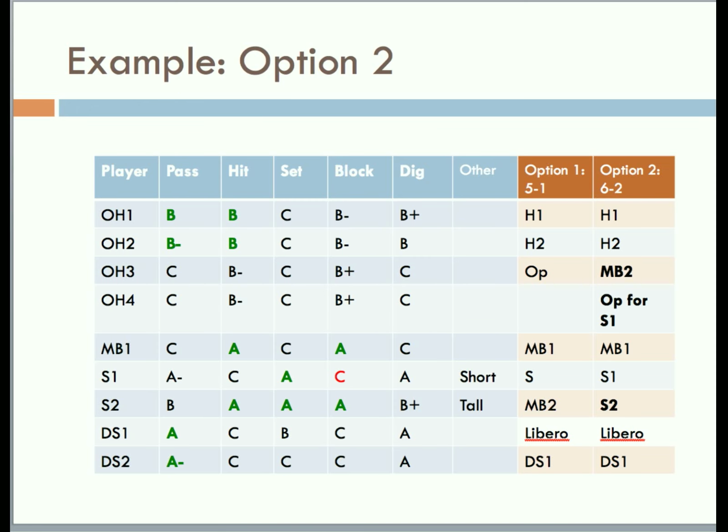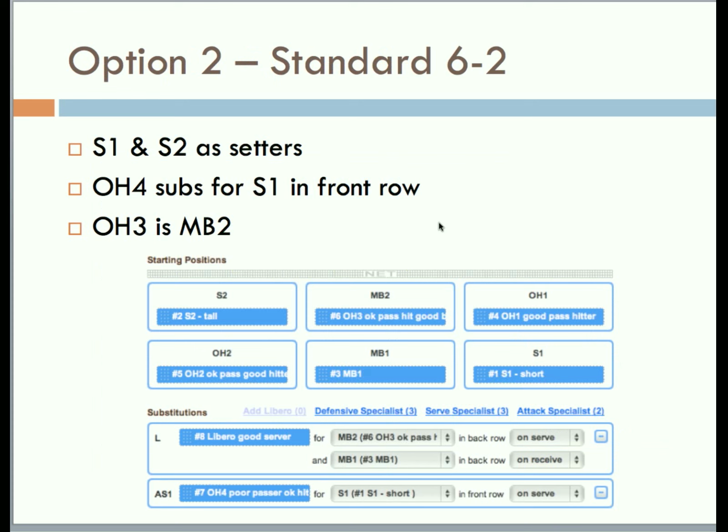In option 2, we'll go to a 6-2 formation, and we'll take the tall middle and have her set. And then we'll have to use one of our other outside hitters as a middle blocker. So let's look at the setup here. So S1 and S2 are setters. Our OH4 goes in the front row for the short setter, so that she ends up blocking. And then our OH3 becomes our middle